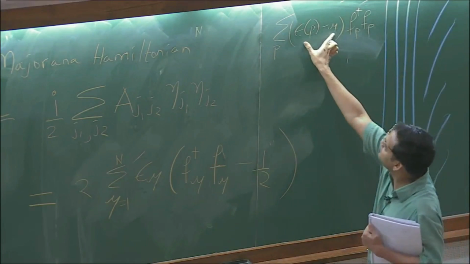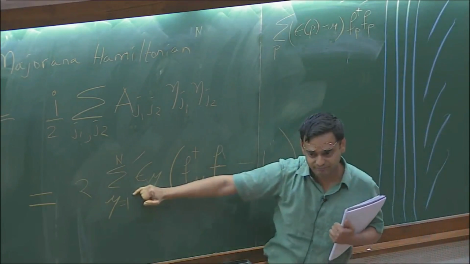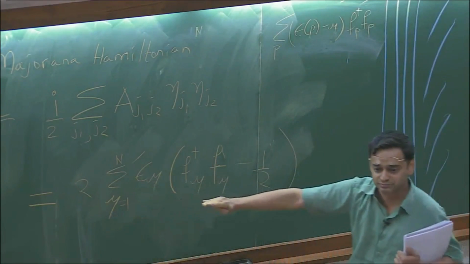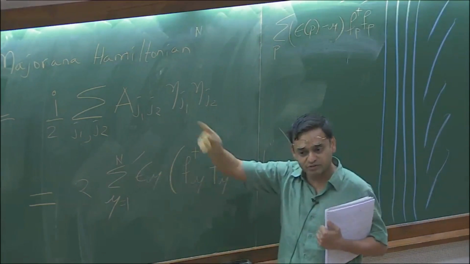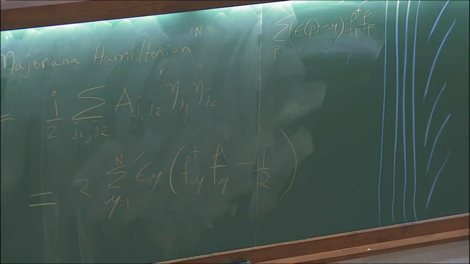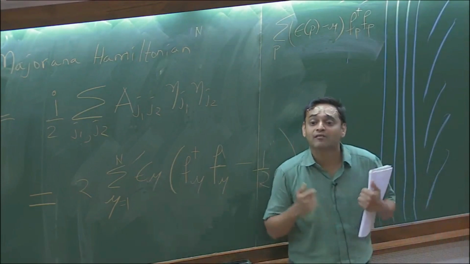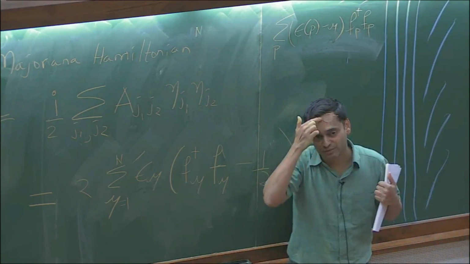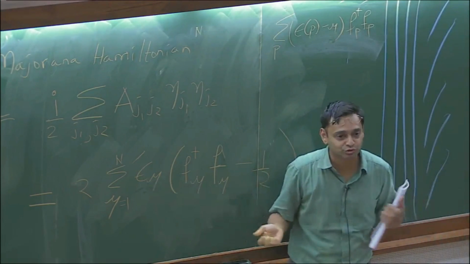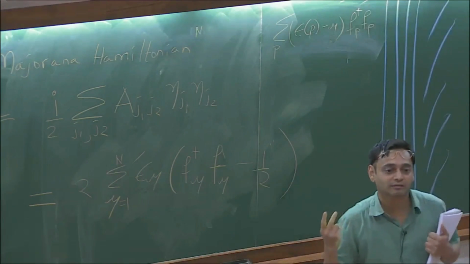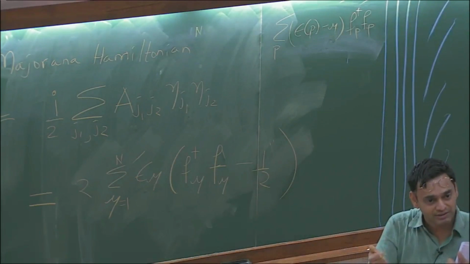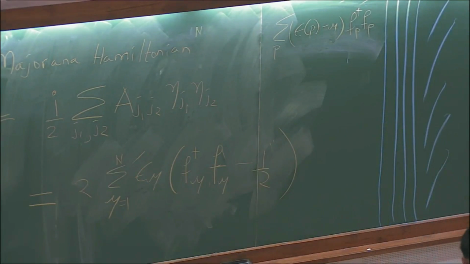So in this case, epsilon P minus mu is replaced by this. So you stop at 0. And everything is above 0 anyway, so you fill nothing. Okay? So in the ground state, there are no particles, these F particles. So the ground state has this very simple description, no particles, right? However, if there are zero modes, you have a ground state degeneracy because the Fermi-Dirac distribution does not specify what you should do. You can either put that fermion in or not. So if there is one pair of zero modes, there is a double degeneracy, right?